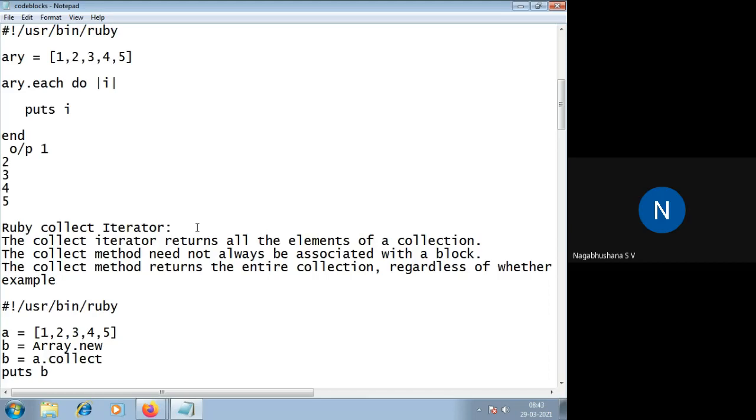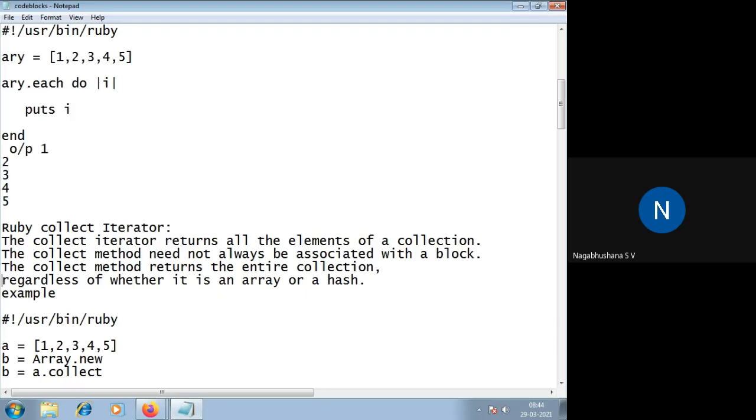Whatever the each iterator does, the collect iterator also does the same thing, but it is not mandatory to put it within the block. So that is a difference. The collect method need not always be associated with a block, because it's not mandatory here. If you want to put a block, you can put a block. If you don't want to put a block, still it works. But whereas for the each iterator, putting the block is mandatory.